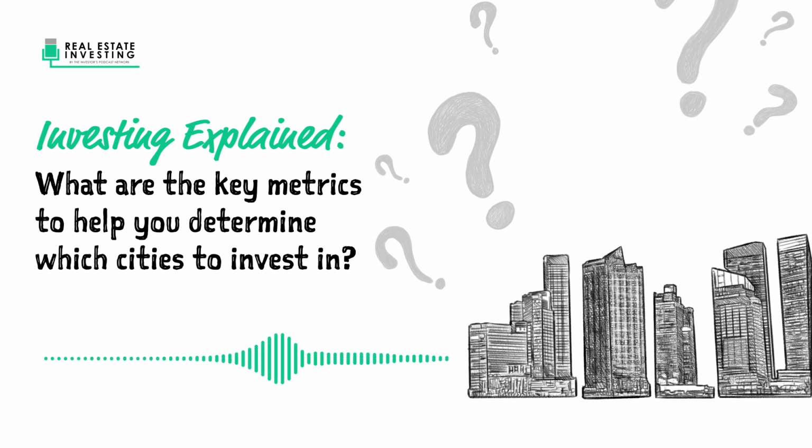So bottom line is 2% job growth is decent. 3%, you're really, really happy. 4% job growth, you're basically buying champagne bottles. 5% job growth, you're dancing naked in the street with your champagne bottle. That's how good job growth is. So try and stay above 3%. If you're in a major metro, 2.5%, that's pretty good. Try and stay above 3%. At 4%, you're going to be able to raise rent practically at a crazy level.